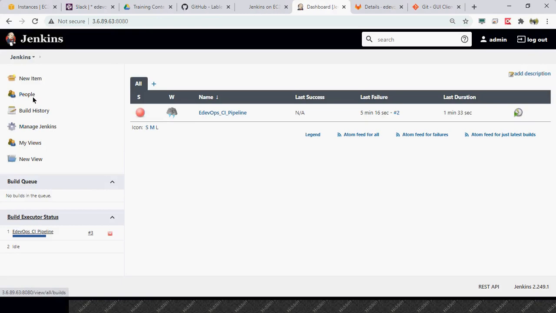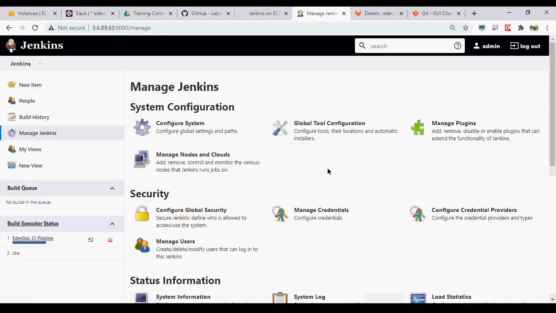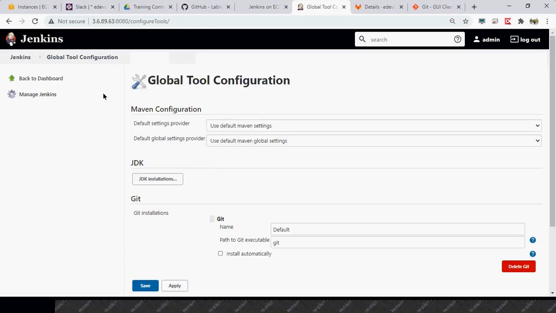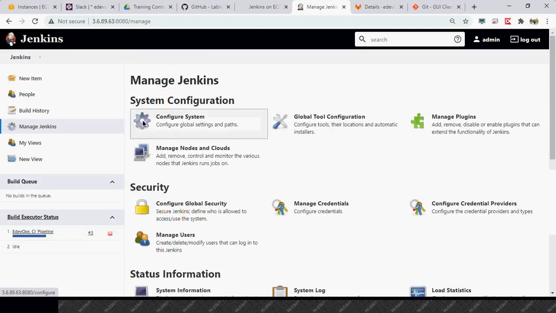Let me just, meanwhile it is doing this configuration, I will also just open this. So here it will try to download it from the tools, but I think there is one more plugin. It is not there by default. I think there is one more plugin which we can use.